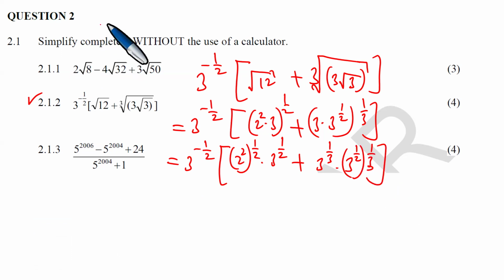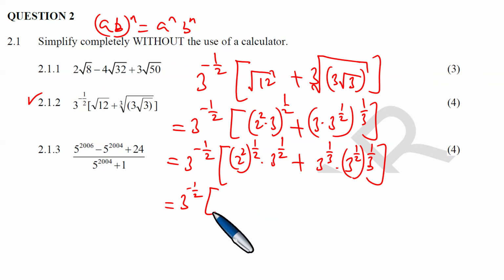Using the law of exponents, ab to the nth power is a to the nth power b to the nth power. This becomes 3 to the minus 1/2. 2 cancels 2, giving us 2 to the power 1. 3 to the power 1/2